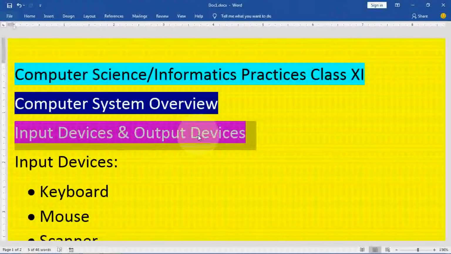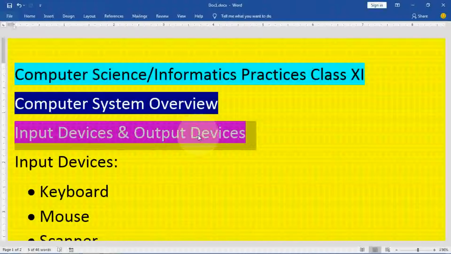First we have to accept data as input, or we can say enter data as input. Second, it will be processed inside the computer, and third, it produces the result, whether on screen or on paper. Whatever we get on screen is called soft copy, and whatever we get on a page is called hard copy.